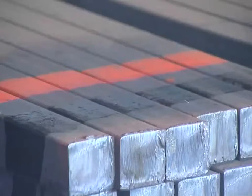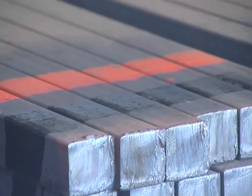Value-added grades like forging quality steel of low